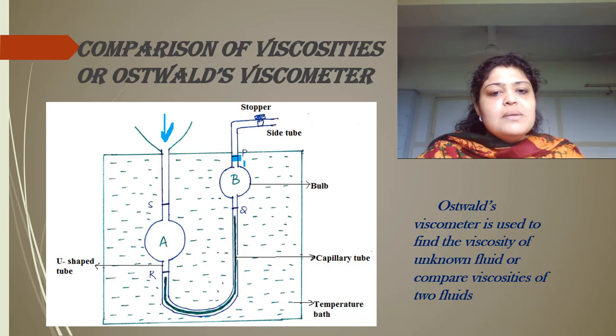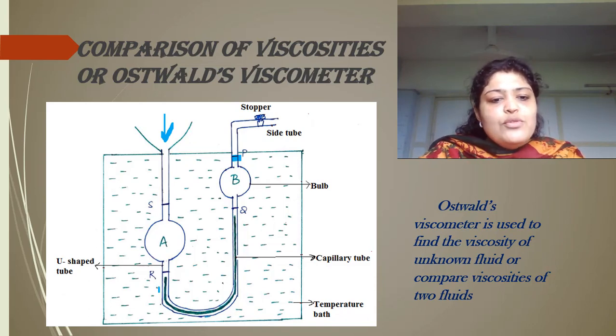The moment it reaches the mark P, you have to stop the input and then open the stopper. What happens if you open the stopper? It's a sort of pressure release. Slowly the liquid is going to move till here. So initially you fill the bulb A, you close the input, then you open the stopper B. The liquid moves like this and reaches the mark P. The moment it reaches P, you have to close the stopper.